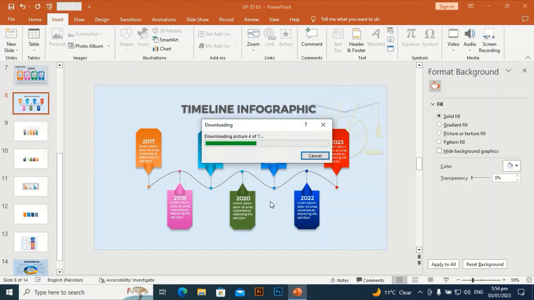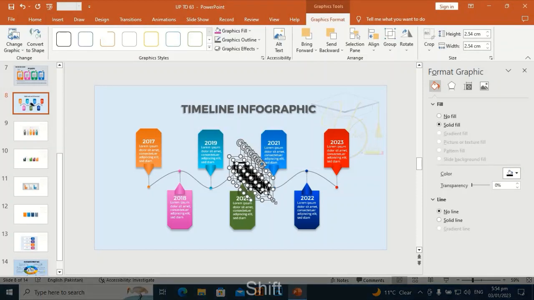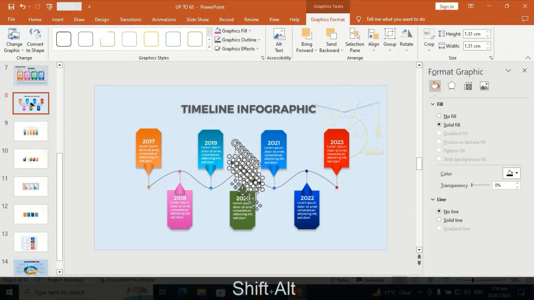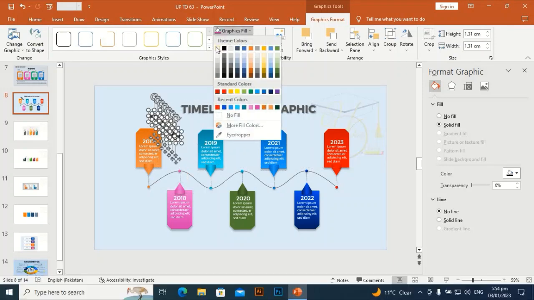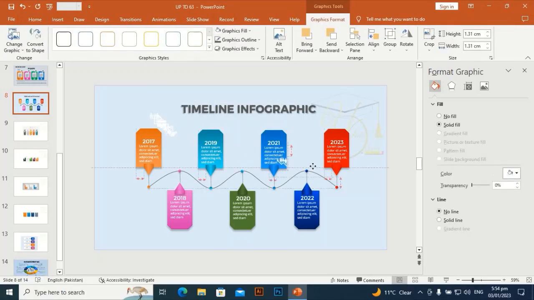Go to insert and bring it to the slide by holding shift alt and make it smaller in size. I'm going to give it some white color and put it one by one over on these shapes. This is a beautiful one timeline, and